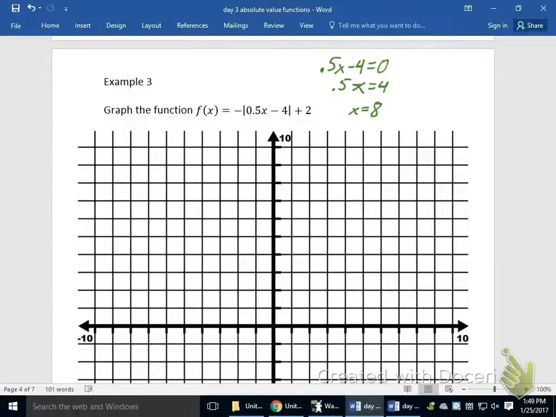When you divide by 0.5, that's multiplying by 2, by the way. That's the reason why it's going to happen at (8, 2), is where this graph is happening at. Now, let's say you're not comfortable with what I've done right there. For right now, what I'm expecting you to do is use your graphing calculator, throw it in there, and see what's going on. So that's what I'm going to do now,